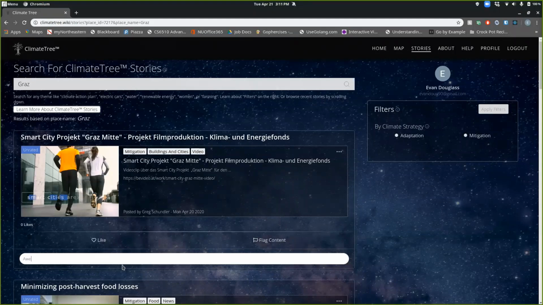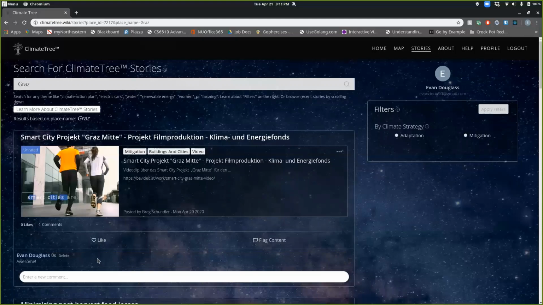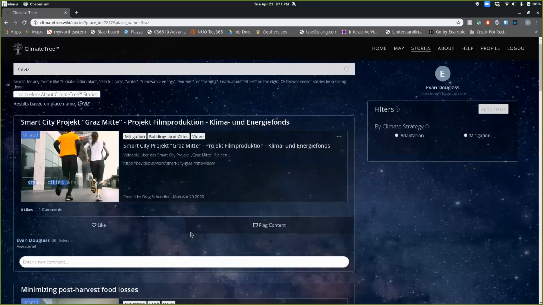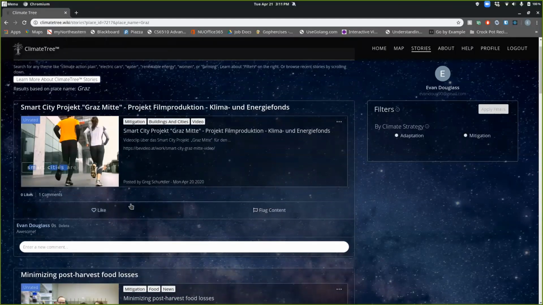So perhaps I like this one a lot. Go ahead, enter comments, and that's what that'll look like as you scroll down. You'll see other people's comments there as well. One thing to note, if you happen to be following along, is that you might not see this whole section right here if you have not registered with the site or logged in. We decided to do that because we just wanted to prevent essentially trolling. So there's a little bit more responsibility if you're posting and your name comes up here.